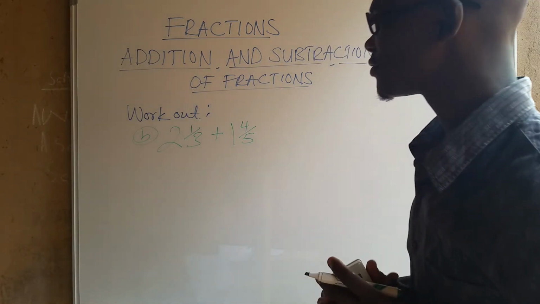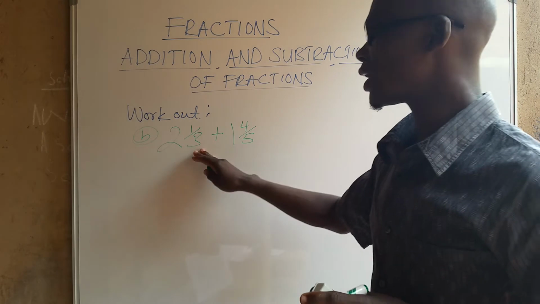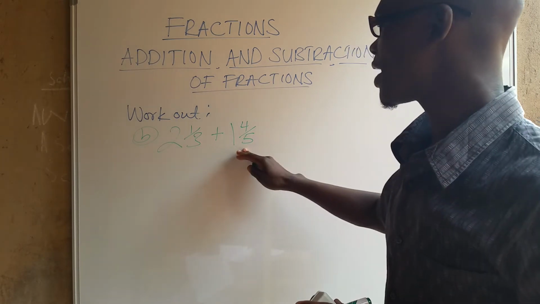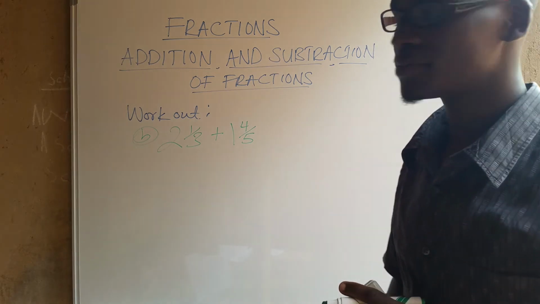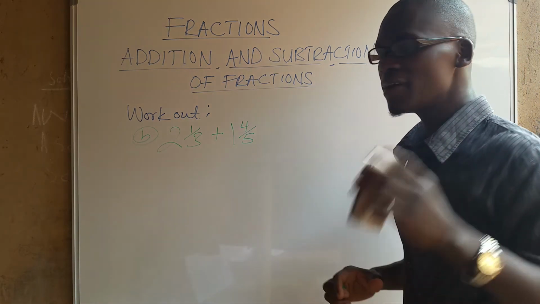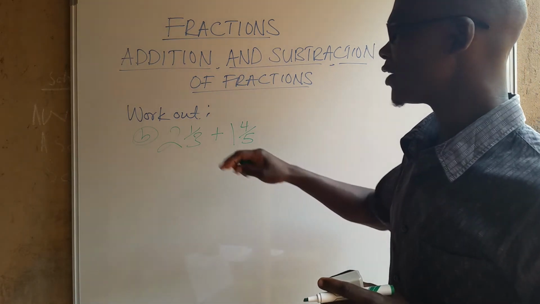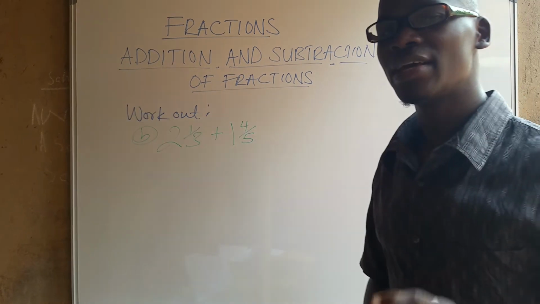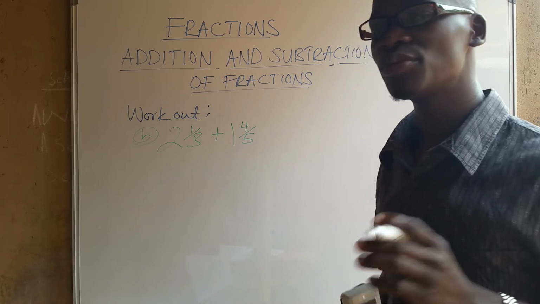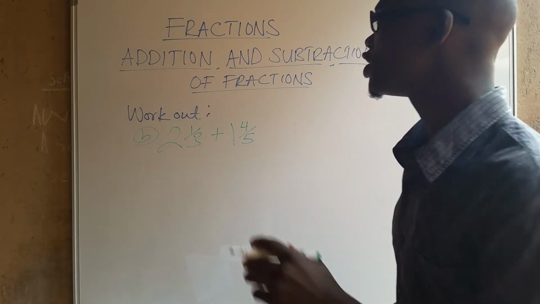So we have 2 and a third plus 1 and 4/5. So the first step when you are given operations concerning mixed fractions, your first step should be we change the